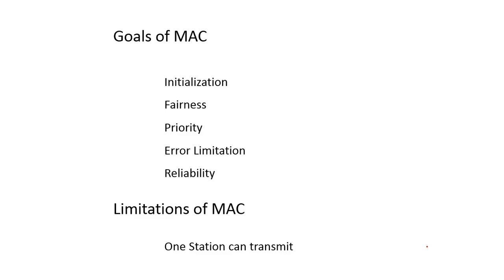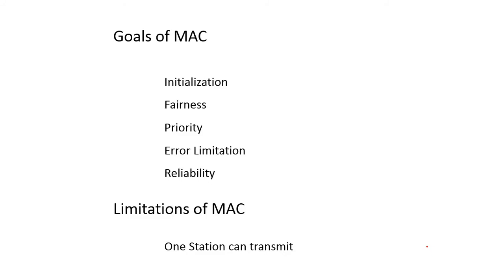Another thing is priority. Whenever we give a chance to communicate or transmit inside the channel, we have to decide the priority one by one, because if we give priority to a few entities and not any priority to other entities, that is not possible. There is a need to arrange priorities or sequence during the transmission.